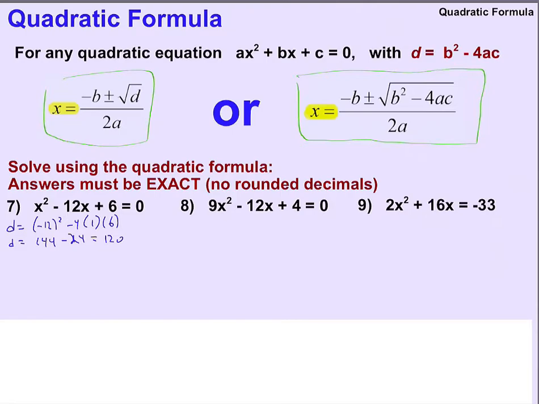And as we discussed in the last video, because 120 is positive but not a perfect square, that means in the end we will have two real solutions that are irrational. So there will be a radical in our answer. No problem. The solutions: x equals, and I can't stress enough how important that x equals is. x equals negative b, so negative 12, and those negatives will cancel out, plus or minus the square root of our discriminant over 2a,